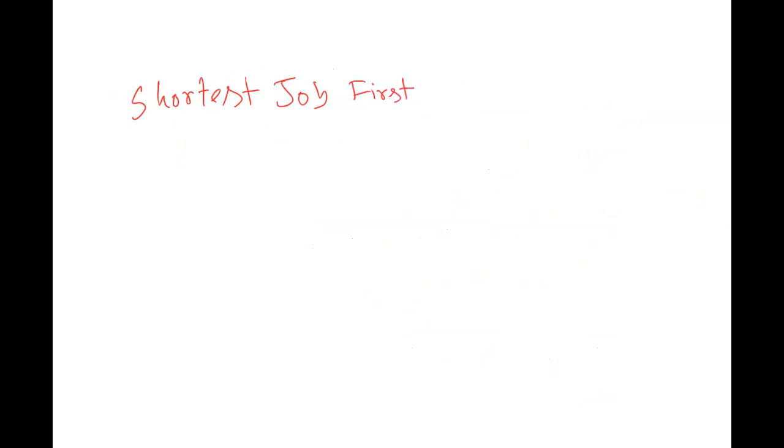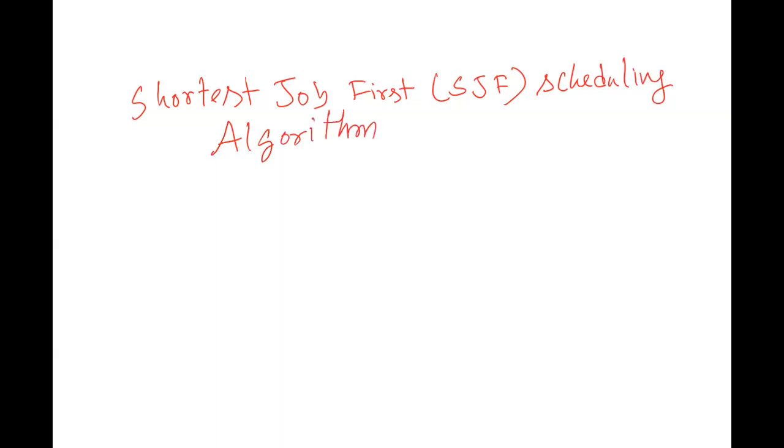Okay, shortest job first, SJF, shortest job first scheduling algorithm. It is mainly known as the SJF scheduling algorithm. It is an example of non-preemptive scheduling algorithms. Okay, this is one kind of non-preemptive